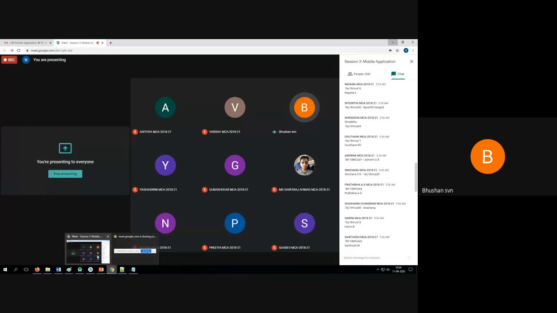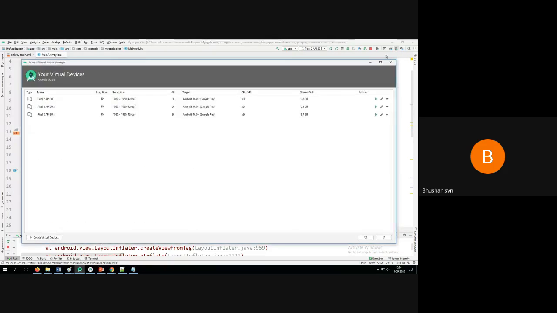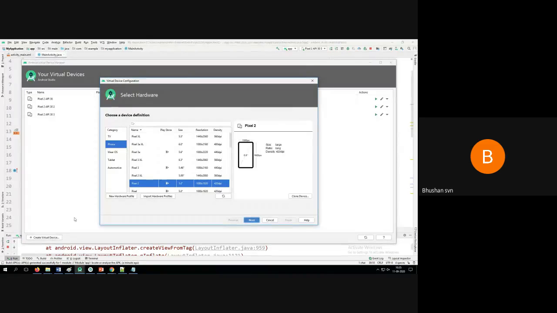When you are trying to run this program, you have to go to AVD Manager, that is, the Android Virtual Device Manager, and create target devices. If your mobile is connected, it will show you that option under new hardware profiles.